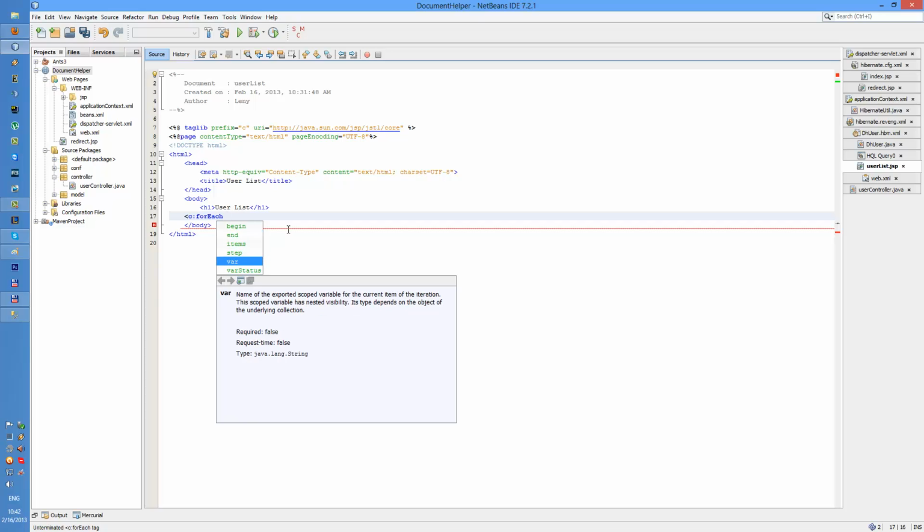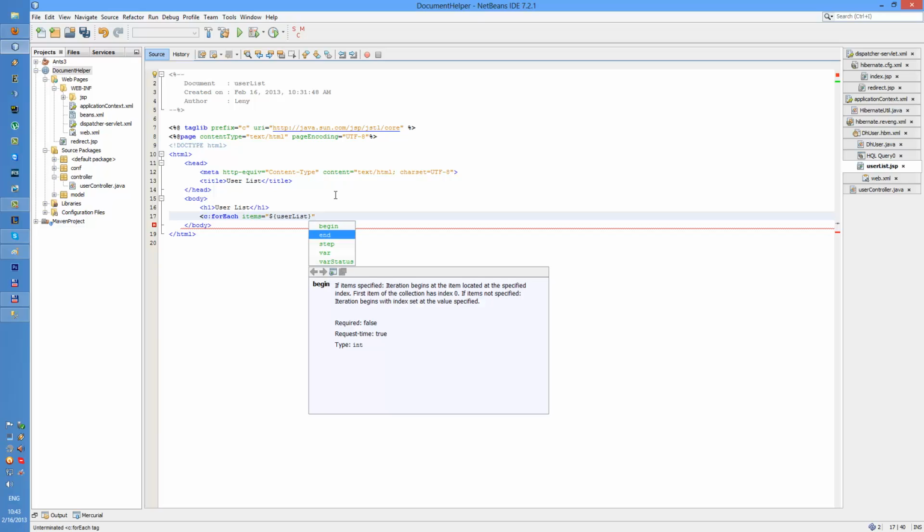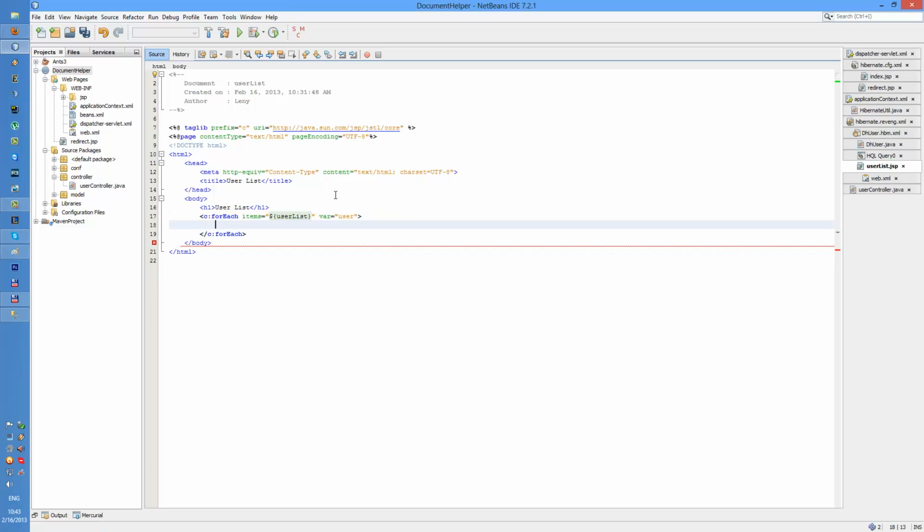Let's see, var step items. I think we need items. Items are user list, and this declaration says that there's an object added to the view, and we are expecting it to be named user list, and we are going to use its items. And we need to define one of the items. So let's call it user. Now for each of the users,